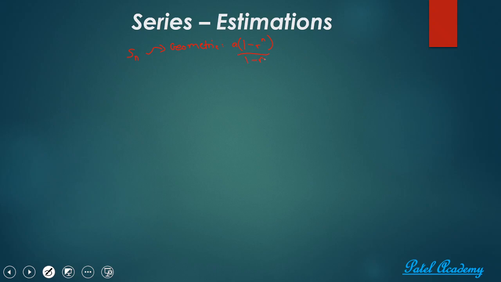For something as simple as the sum of n, the partial sum is n times n plus 1 over 2. If you have n squared, for example, it becomes n times n plus 1 times 2n plus 1 over 6. Sorry, I think that's n cubed. And so